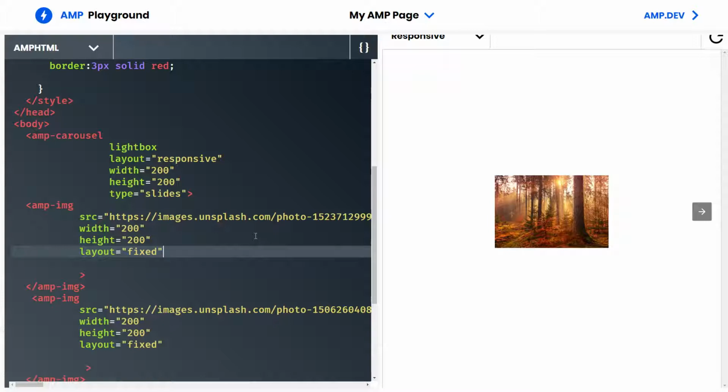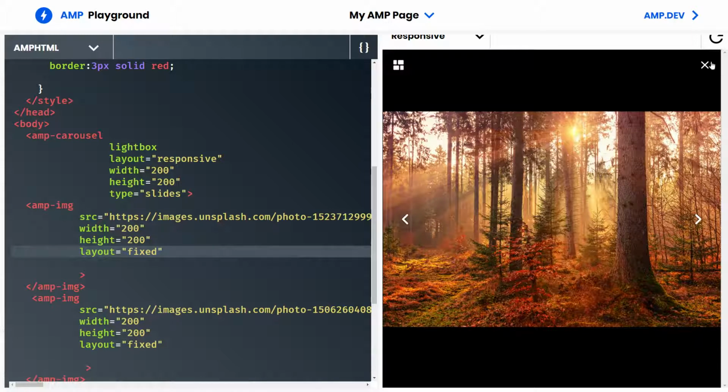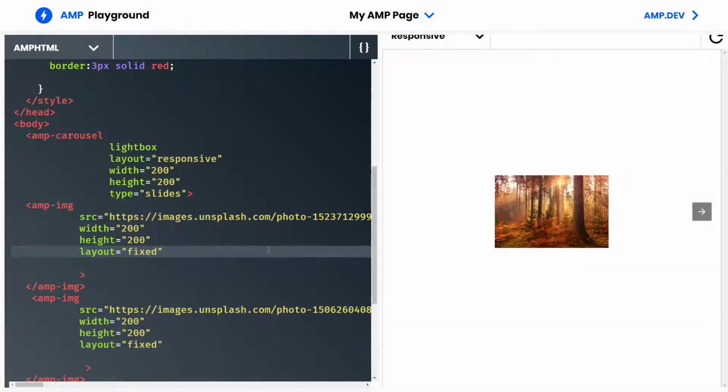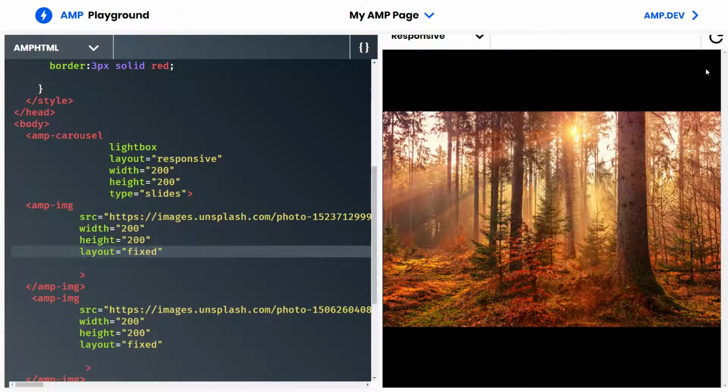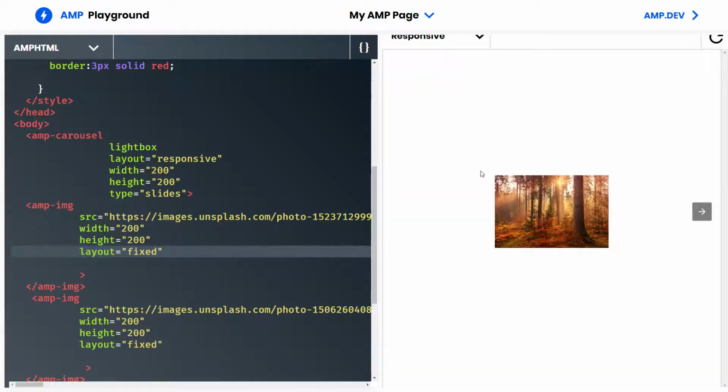So let me give you a more hands-on example. Here we have a carousel, okay? And the client requested that whenever users click on the image of the carousel, he wants the image zoomed in and in the lightbox. So very quickly you're thinking, okay, for the slider I'm going to need AMP carousel, and for the zoom in effect I'm going to need a lightbox. Since the client wants the images zoomed in a carousel, I'm going to need the AMP lightbox, excuse me. And so what you're going to do next is go to the amp.dev site,